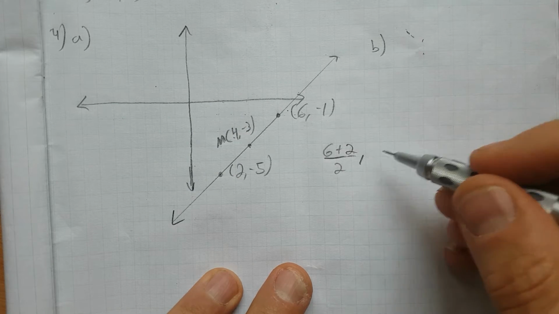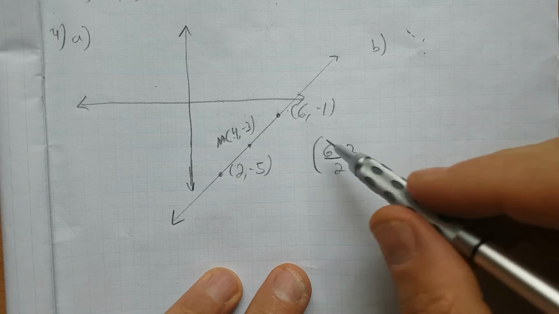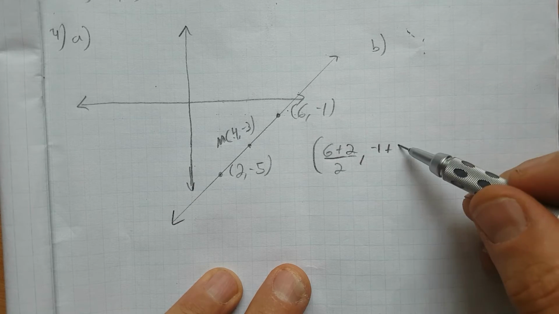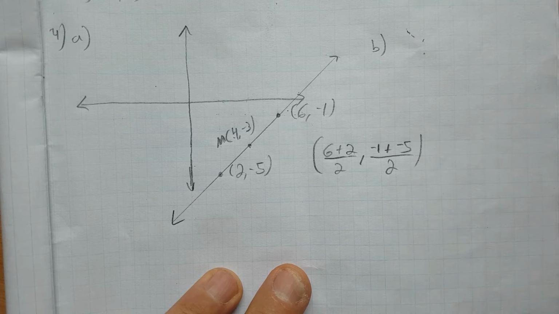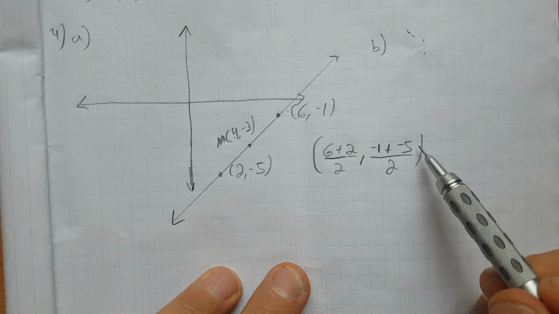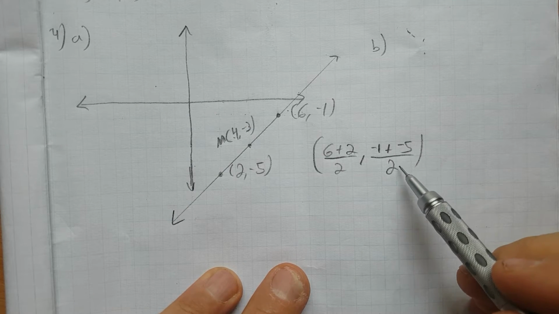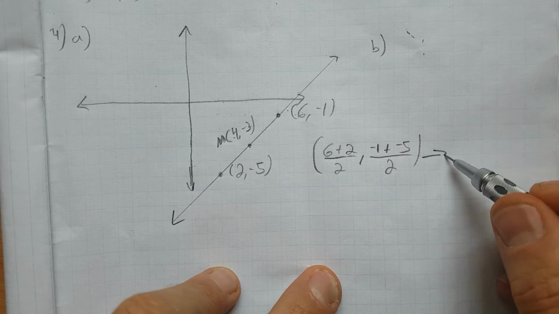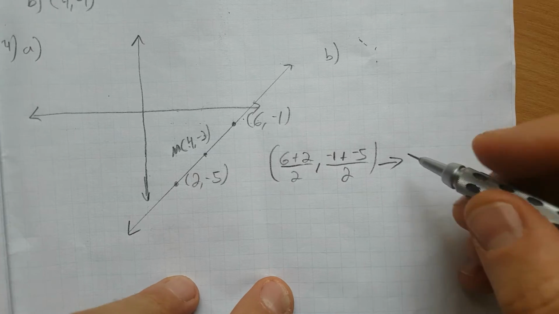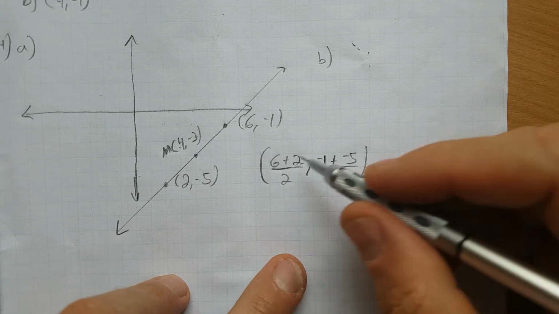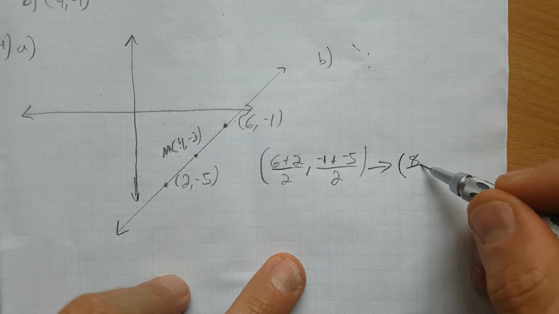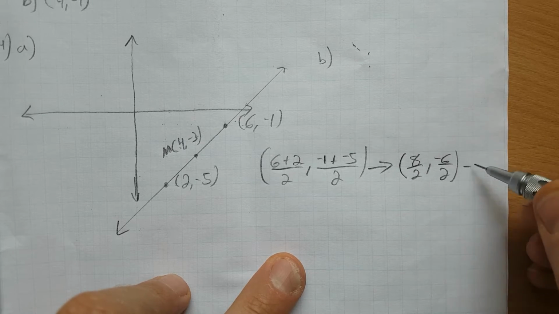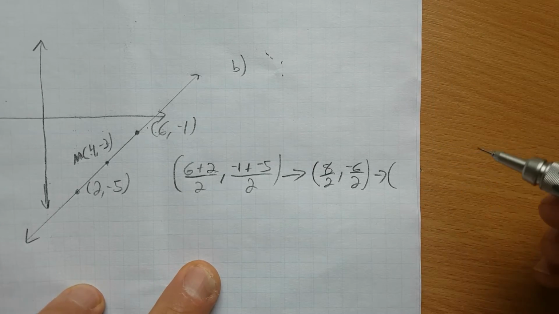Okay? And then you do the same thing for the y coordinates. Negative 1 plus negative 5, and then divide that by 2. You're really just finding the average of the 2 points. Negative 1 plus a negative 5 is a negative 6. Negative 6 divided by 2 is negative 3. So when you simplify this, you'll get the same result as what we got with our pencil method. So 6 plus 2 is 8 divided by 2. Negative 1 minus 5 is negative 6 divided by 2. And that becomes also the same as before,